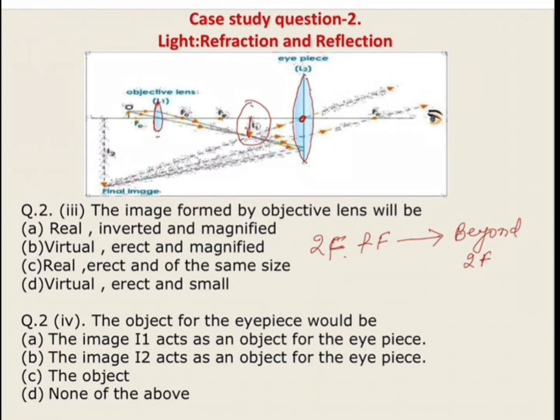When object is placed between optical center and principal focus of the lens, then the image will be formed on the same side, and the image is always virtual and erect. So this image will be formed here. This image is virtual and erect for this object. The first image acts as an object for the eyepiece.